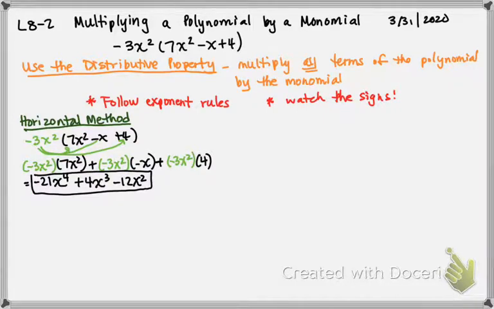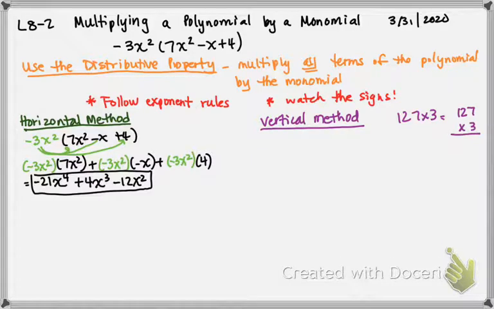The second method is the vertical method. So just like with long multiplication, if we had 127 times 3, we would rewrite that problem as 127 on the top and 3 on the bottom. Because the fewer terms we have to multiply by, the less multiplication we are going to be doing. So we would do the same thing in our problem. So we're going to take that same original problem,